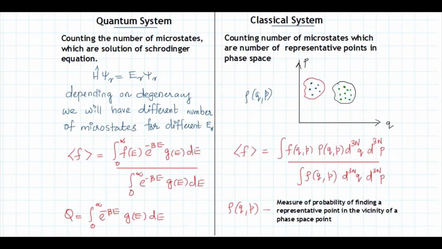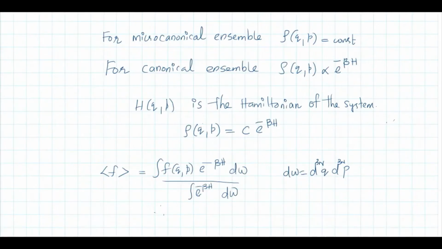That is, if you consider two different points and take the same volume around each point, the number of points will be the same. In all the phase space, the density of points will be the same for a microcanonical ensemble. That is, the probability of finding the representative points is equal at all points. That is equal a priori probability. That is the case with the microcanonical ensemble.